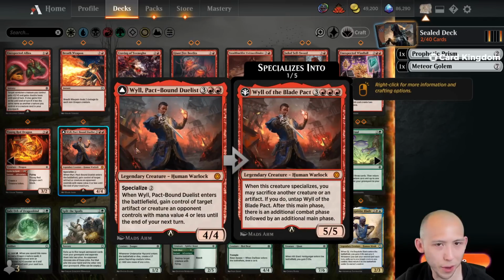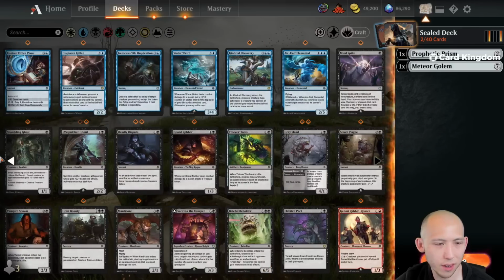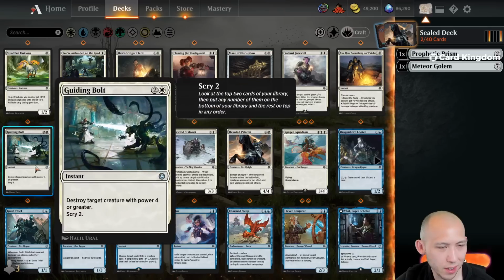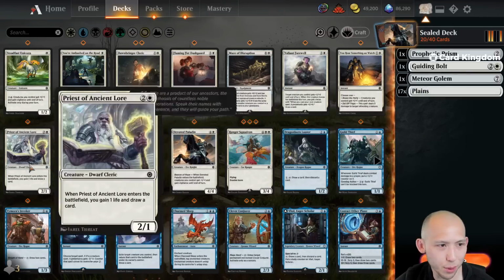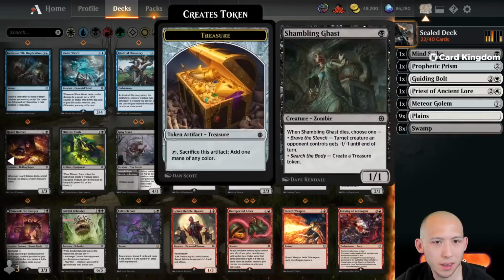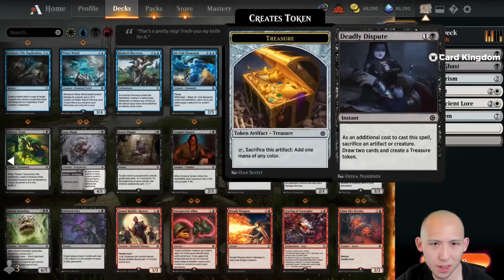Not being able to play the Wild kind of sucks, but I don't know if red is playable at all here. I think we do want to go like green, black, maybe splash white. Splash like Guiding Bolt and Priest. I don't know about the Shambling Ghast. I guess maybe...